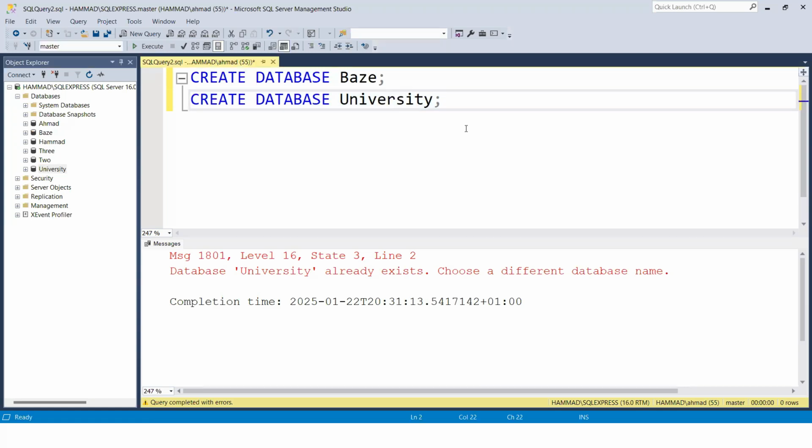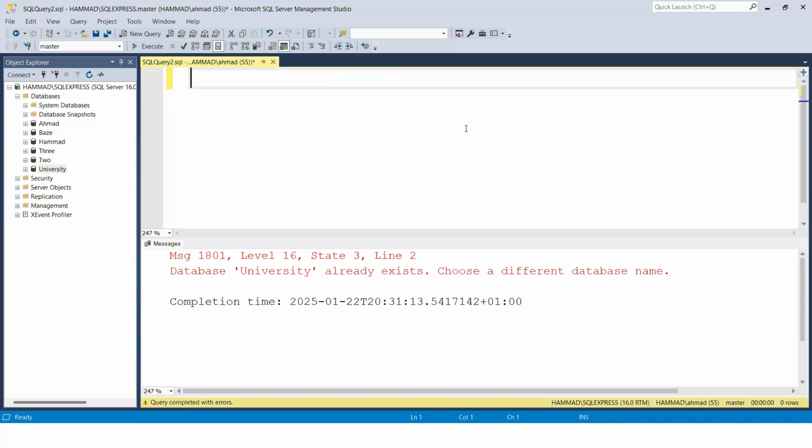So this is how you create a database. Please, all of you should know how to create a database right from today in SQL. This is the query: create database, then the name of the database. That's all. The next thing we are going to do is